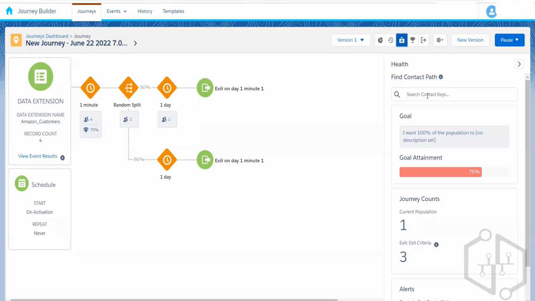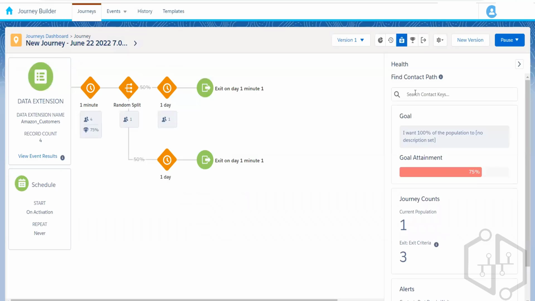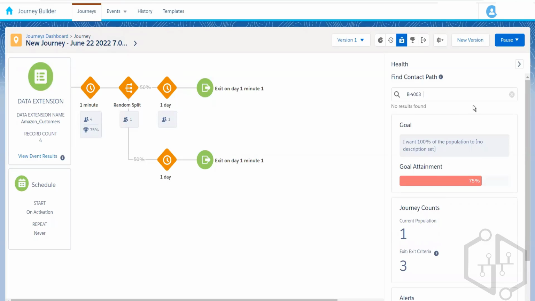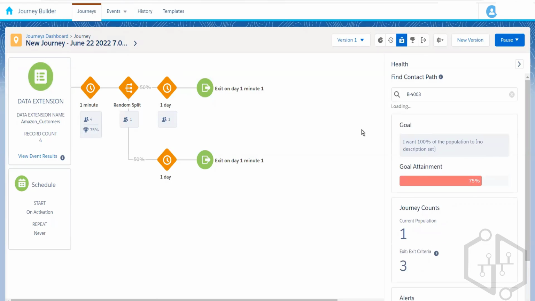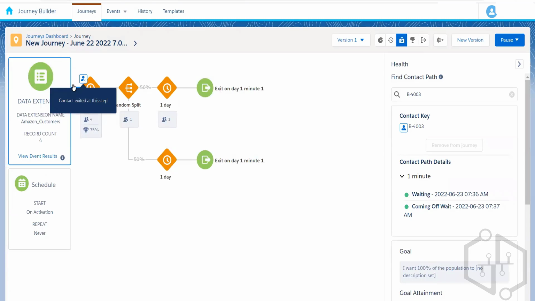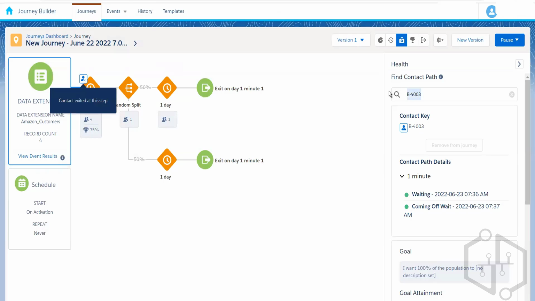The first thing that we are able to see is the find contact path. If we want to know all the contacts who entered a journey, and see what path was taken by a contact, I'll search this contact with the help of the contact key. I'll select the contact, and it will show me that it came from this data extension, and that the contact exited at this step. Or for example, if I want to see the path taken by this contact P4005, we can paste it here,